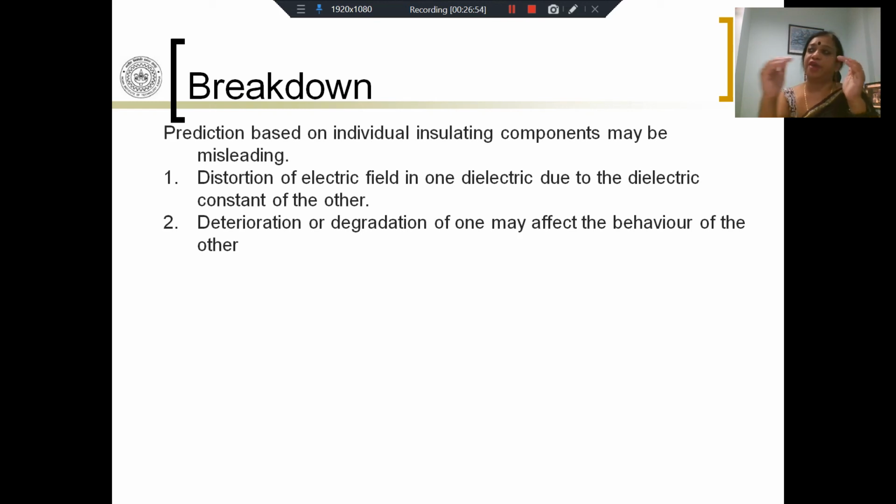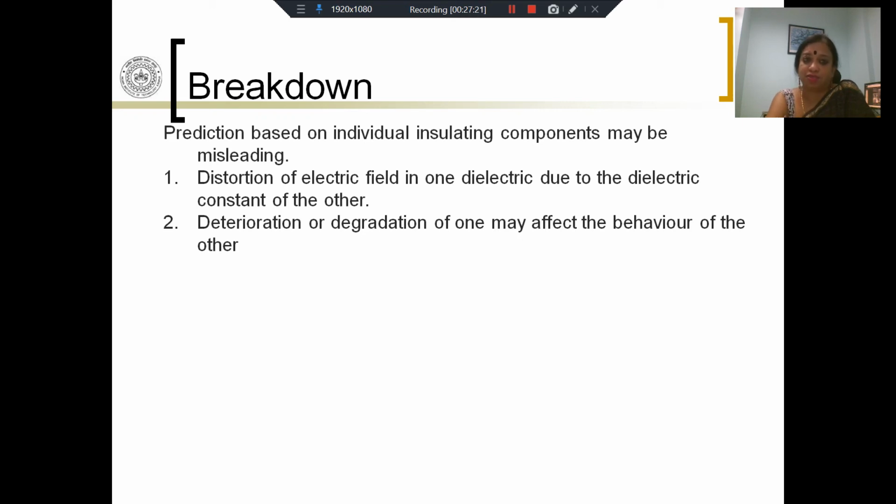And then, so far we have been considering that there is no free charge. There might be free charge. There might be contacts. There might be air gaps. So many things can happen. And whenever there is a degradation or deterioration in one of the components, this can lead to deterioration or degradation of other components. So it is very difficult to predict the breakdown